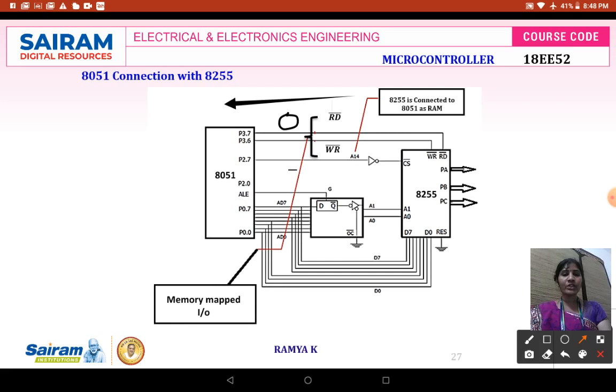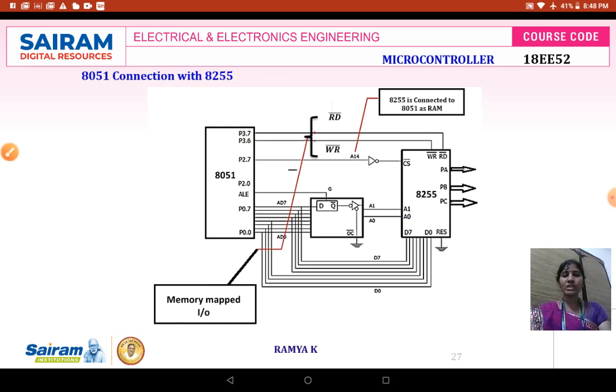Suppose I have 0 in this write logic, then we are going to write the data from 8051 to 8255. So whether we want to read or write depends upon the control logic signals, read bar and write bar. Both are active low signals.